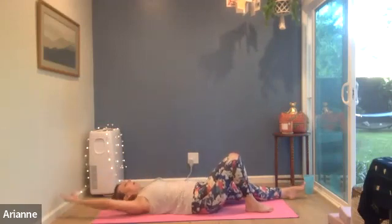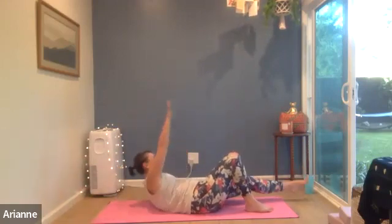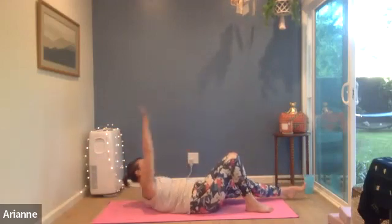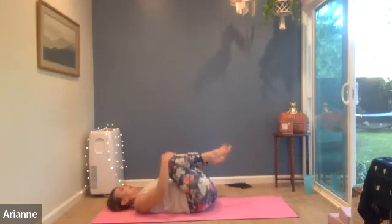4, 3, 2. Now coming down with control is part of the exercise. 1. Good. Bring those knees all the way up to your chest and just rock back and forth, and maybe